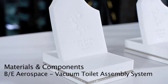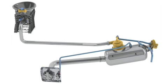The materials and components category embraces an enormous variety of different aircraft components. The winning entries have to establish innovation in a material or a component, but they don't have to be part of a fully integrated system. BE Aerospace won last year with their vacuum toilet system. This system reduces component weight in the order of 35% through the use of